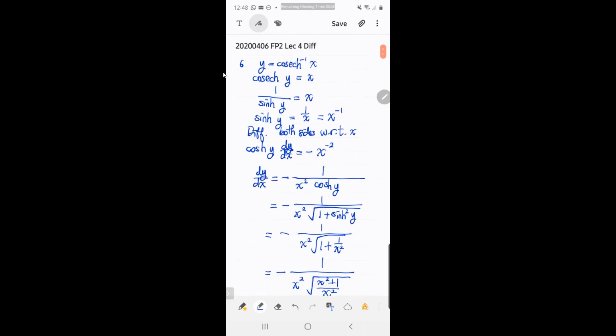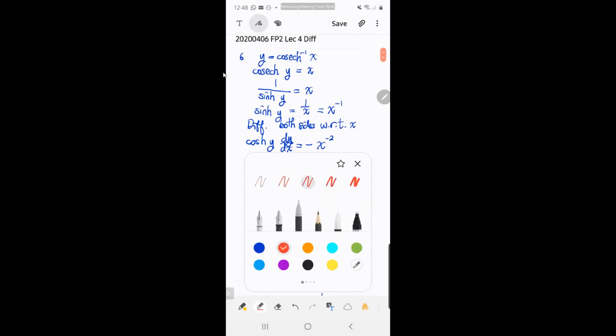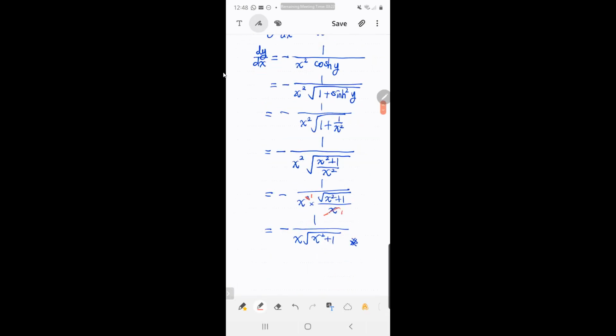Okay, so that means you change what Yi-Heng was saying: you change this one to y equals to sine inverse 1 over x, right? So you use this form, sine inverse 1 over x. Then after that, you use the standard formula. Am I right? So alternative,